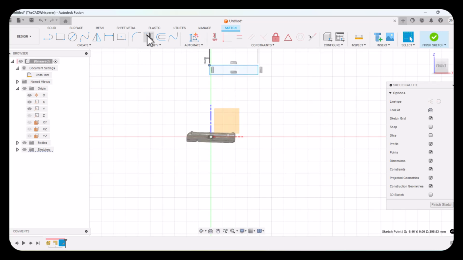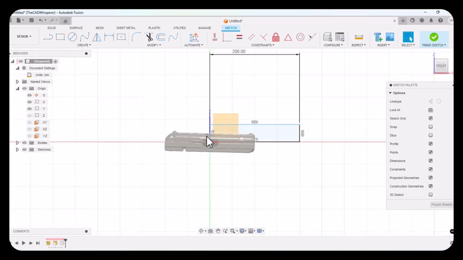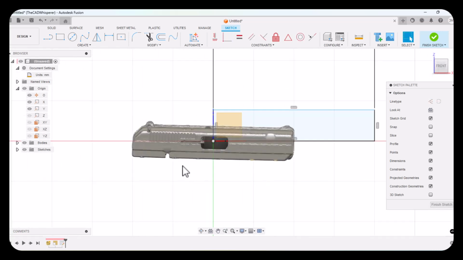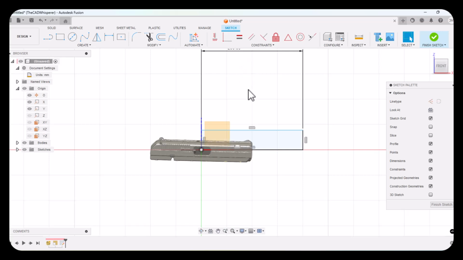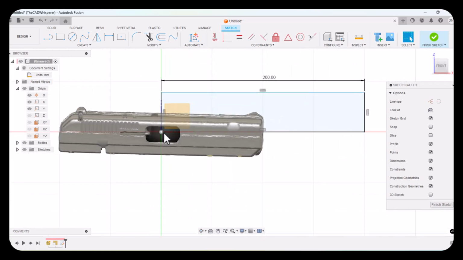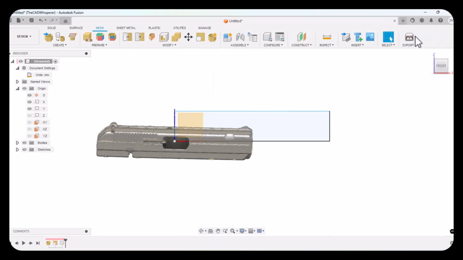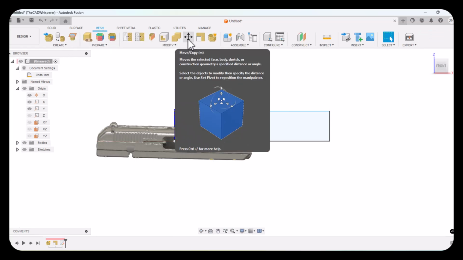I'm going to dimension. Actually, let's just put this point right here at the origin. So I'll do coincident, this point right here at the origin. And so this is going to be my datum, or my 000 on the milling machine. And so I want to move the imported geometry such that the lower left hand corner is at that point. So I'm going to finish this sketch, and I'll go back to the mesh tab, and I'll do move,